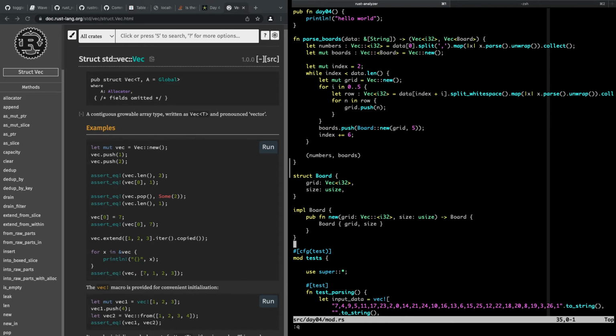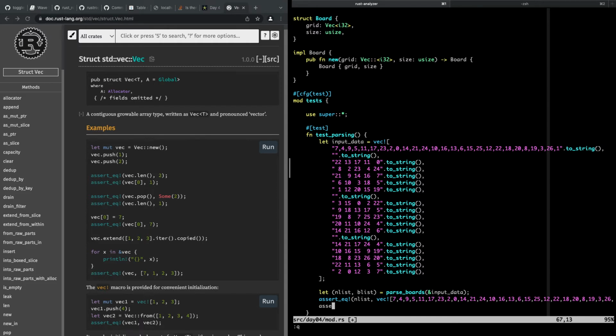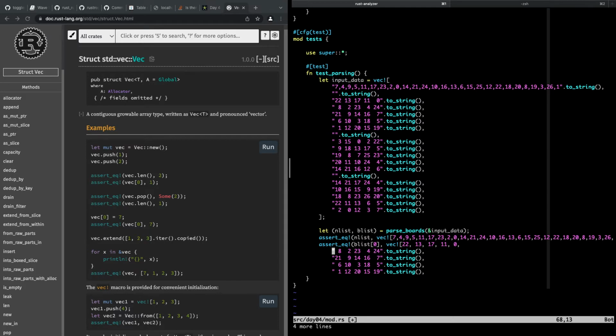Well, I have no idea. Let's see if we can figure that out. So board 1, what should board 1 look like? blist of 0 should look like a vec of 22, 13, 17. Oh boy, this is going to take a while. Can I just do it this way? 4y, put it here. Get rid of this and this and this and this. Get rid of these guys. And 4 bang